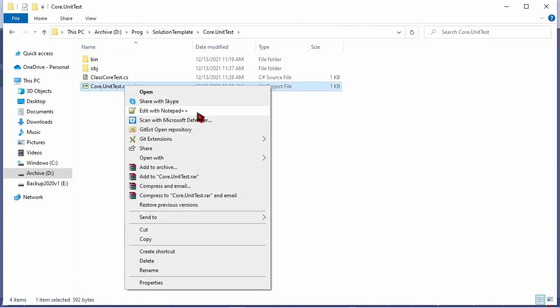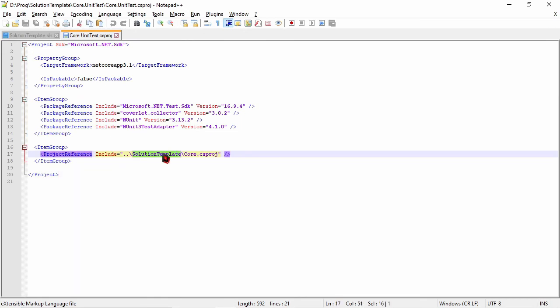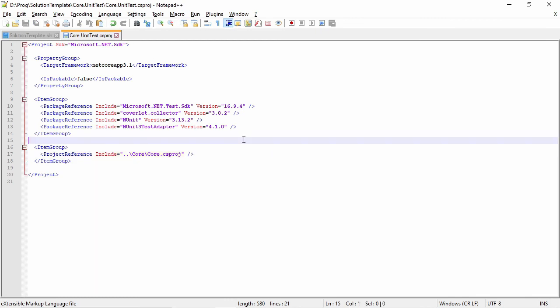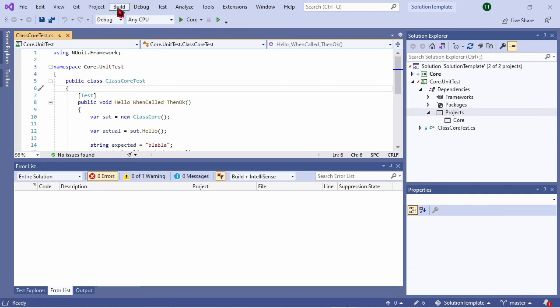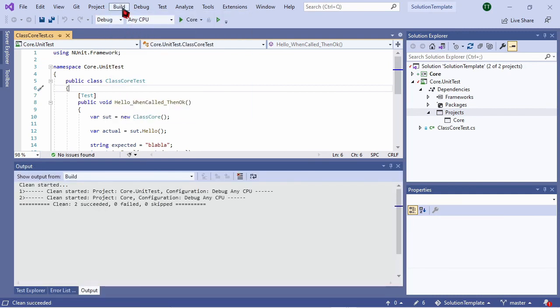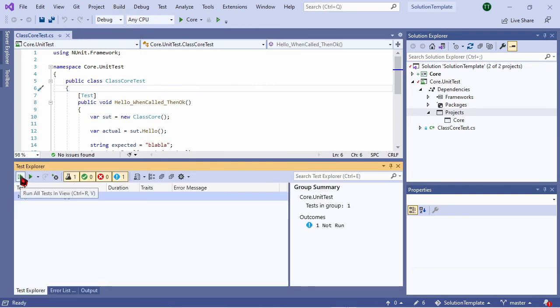Core unit test. Okay. The core unit test is also referencing the project with the path. So I'm going to build, clean, build, rebuild, okay, and test everything.